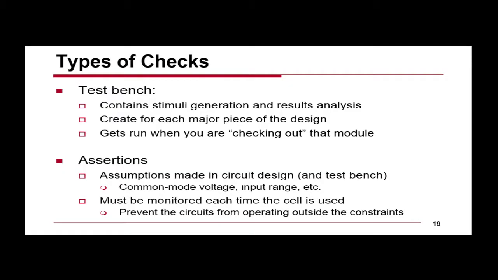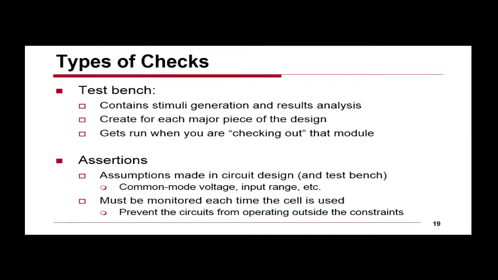So I claim that if you really want to build an analog standard cell, you need to not only provide the schematic, but also provide a list of checks that you did to validate why you think that thing's good. Because then I can look at your list of checks and say, well, is there something that he didn't check that I think he should check? In which case, I can add it to this growing list of things. And if not, then I'll trust your design, because I'm not trusting your design, I'm trusting the checks you did.